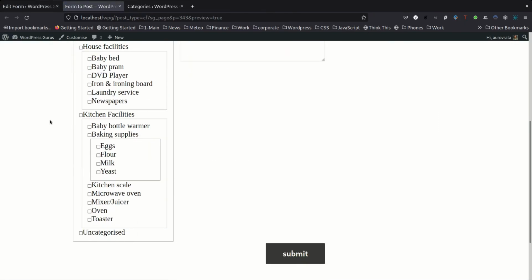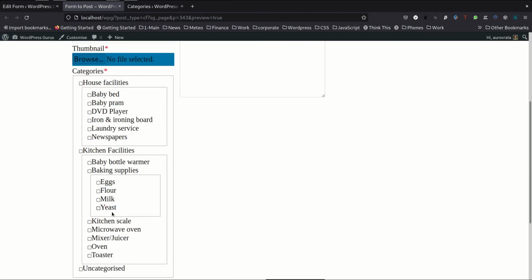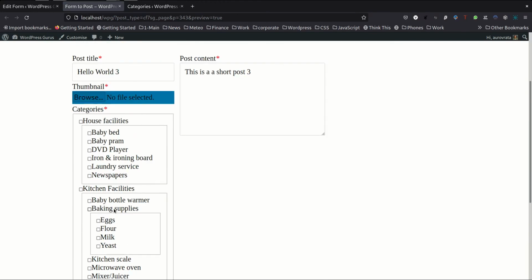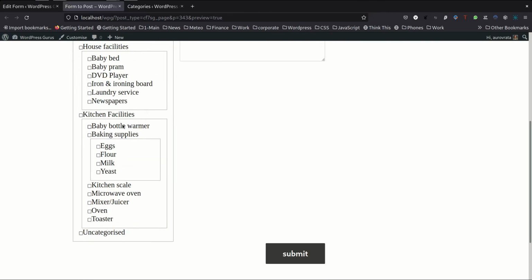So that's a little bit better, but still it means that this checkbox listing takes quite a lot of space on the form and is not a very concise way of displaying it. It would be fine if we had a smaller set of categories, but this is just to show that